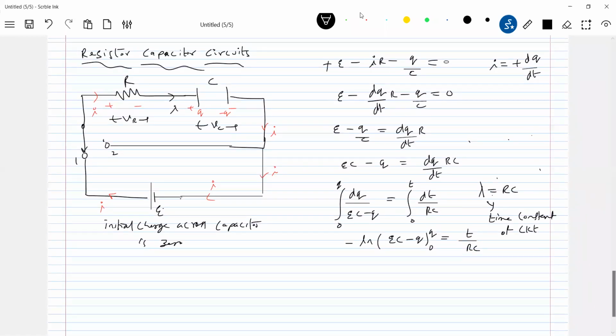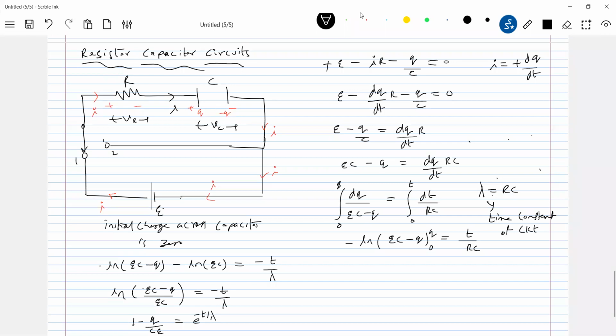Further, putting the limits, minus of log of this, sorry, this negative sign, I'll send it to the RHS. So this will become log of, so this should be equal to log, I'll send it on this side. So 1 minus q by CE should be equal to e to the power of minus t by lambda. So the expression for q will be CE